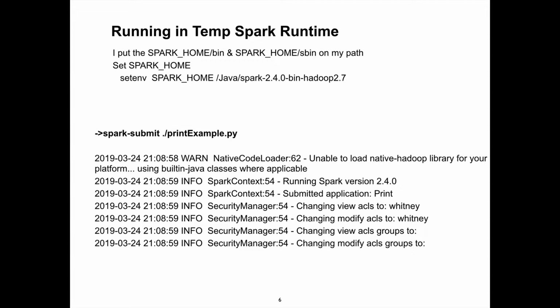Now if you've downloaded Spark from the Spark site, there's a bin directory and there's an sbin directory, and in the sbin directory there is a program called Spark Submit.